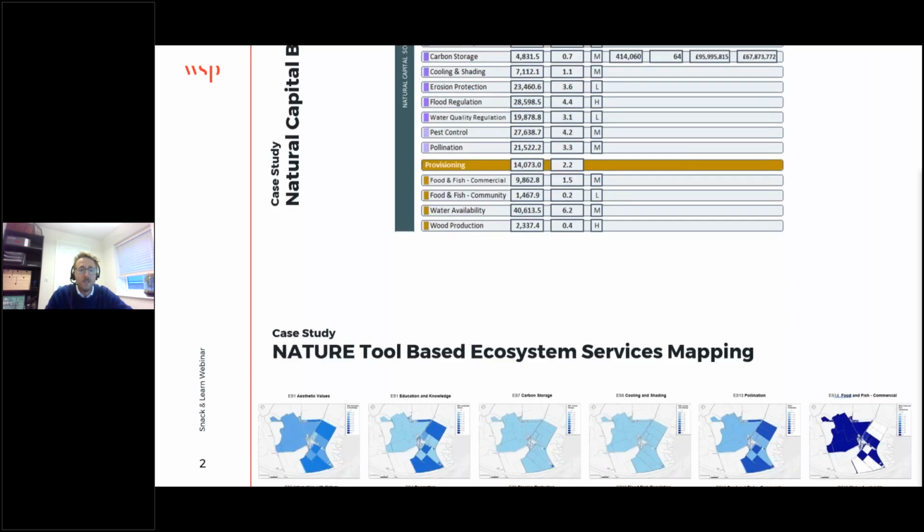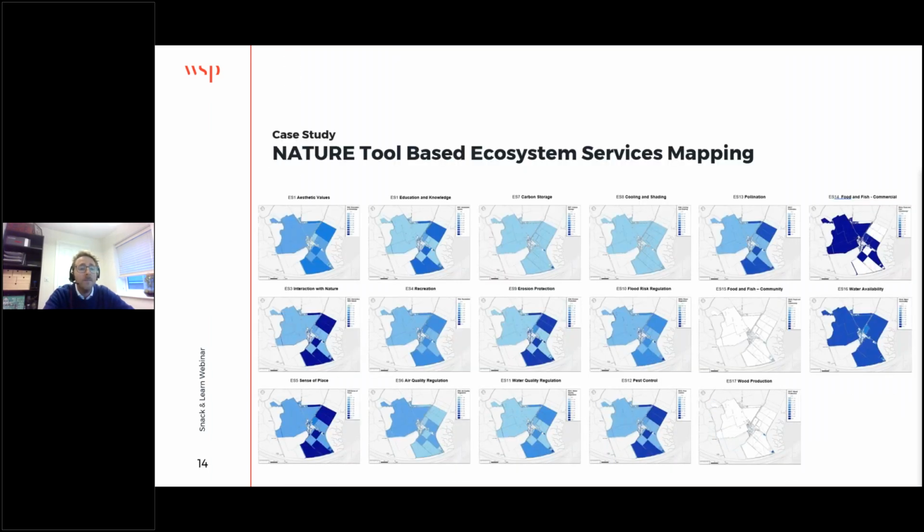We also established, based on the same model, ecosystem services heat maps, which we see here for the 17 ecosystem services assessed by the tool. And this is only an example site here. We have established that for the whole estate, covering more than 4,000 hectares. You can basically zoom in using GIS software into every place and every site they have, and then assess: is there a deficit, for example, for certain ecosystem services, or indeed are there ecosystem services that are particularly valuable